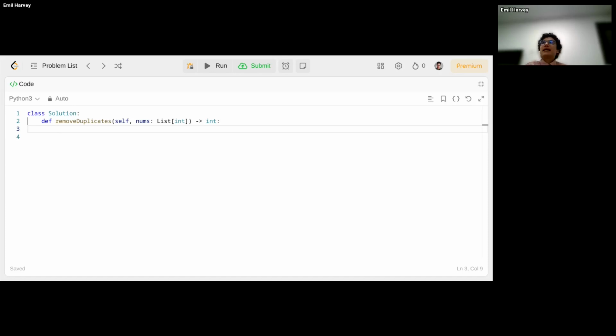So what we know is that if the array is sorted and there's possibly duplicates, those duplicates will have to be next to each other. So what we want to do is go through the array, look at an element, and then look at the elements next to it. And if it's the same thing, then we know we found a duplicate and we can get rid of it. But if it's a different number, then we know it's not a duplicate. Enough talking. I'll get started.